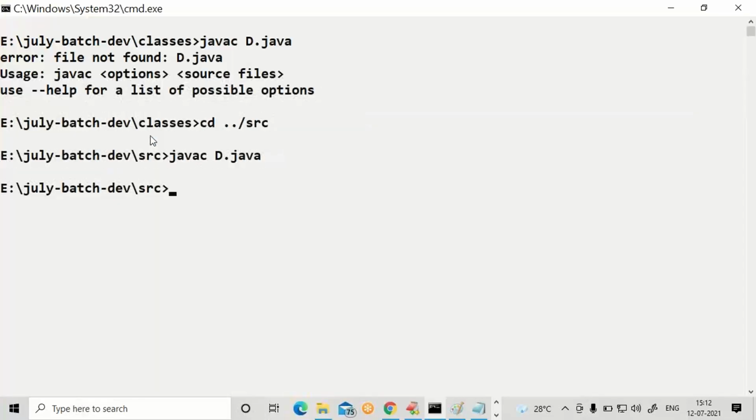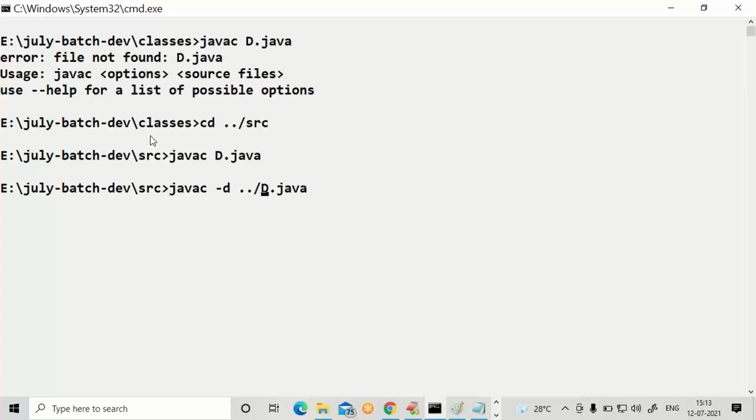Now trigger javac with a -d option. Why do we require -d option? -d option is required in order to separate Java files from class files.